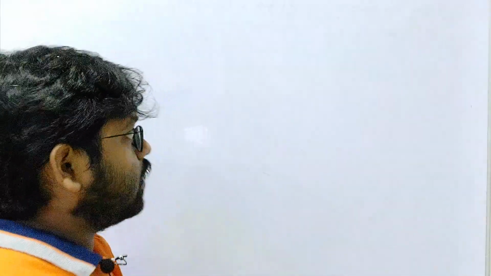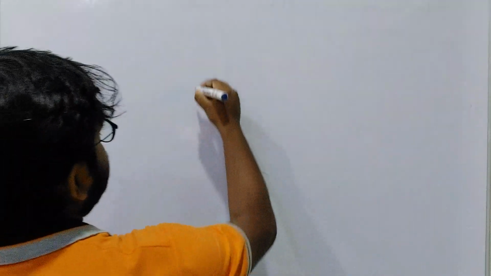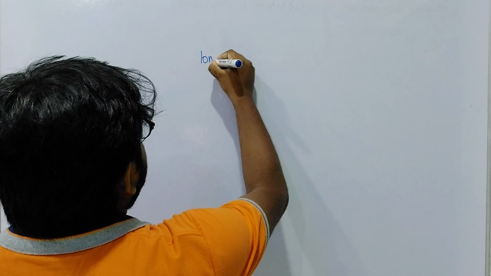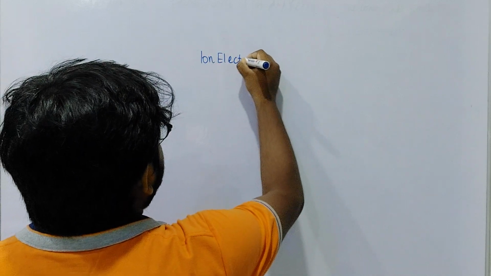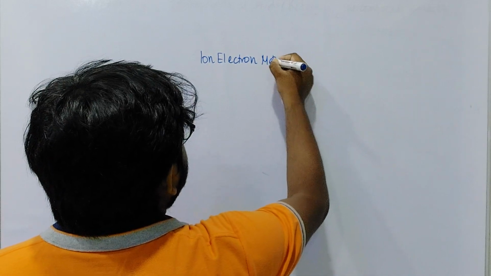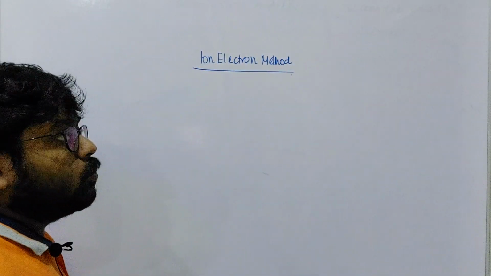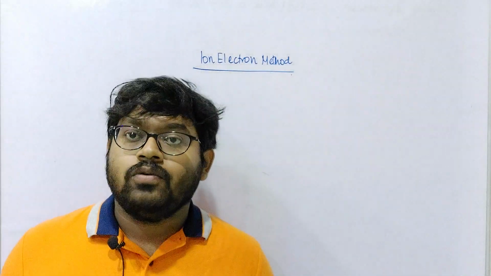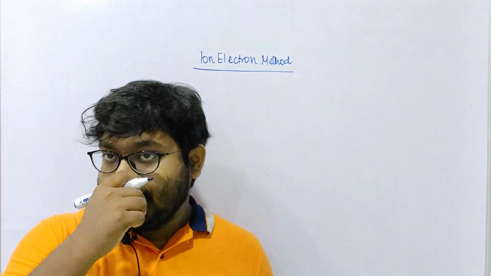So we were dealing with redox reactions. We have already discussed how to balance a redox reaction by the oxidation number process in the last class. So today we are going to discuss how to balance a reaction by the ion electron method. It's one of the most important methods that you are going to need for this chapter